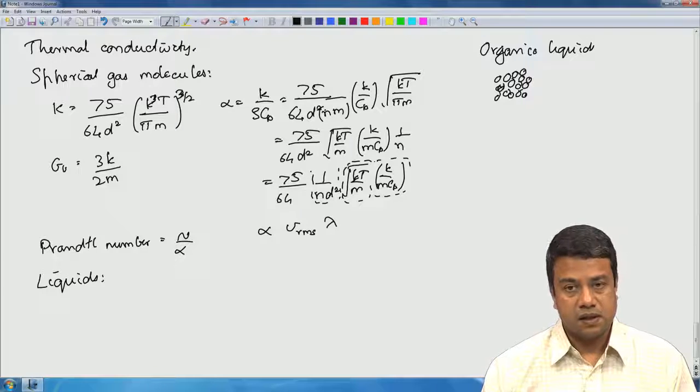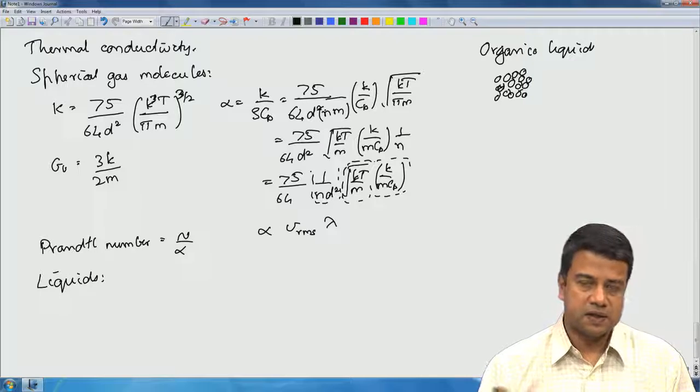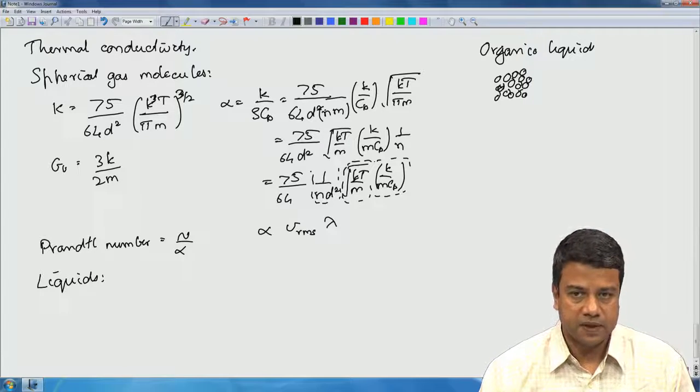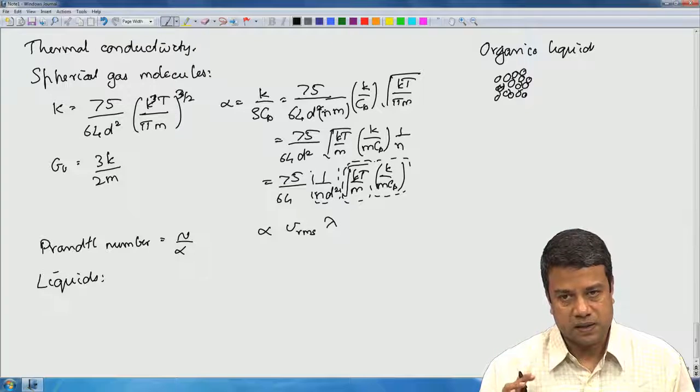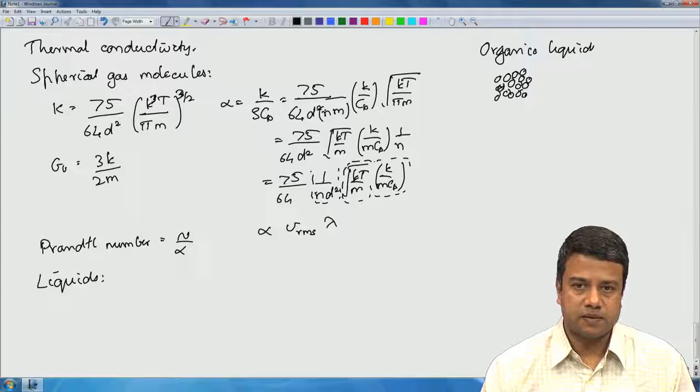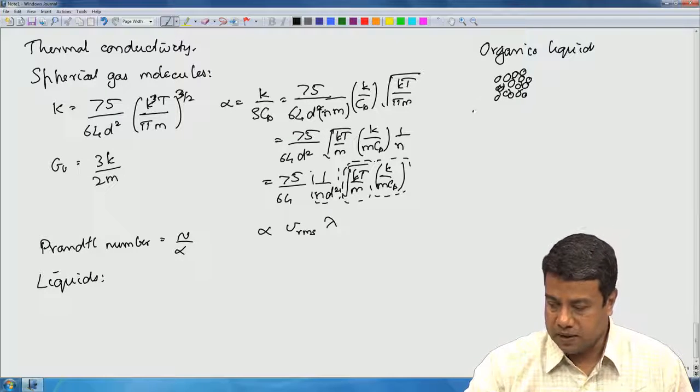Due to this, like momentum transfer, energy transfer is in fact faster than mass transfer, because mass transfer requires the physical motion of molecules, whereas energy transfer and momentum transfer do not in general. In fact, in liquid metals actually,